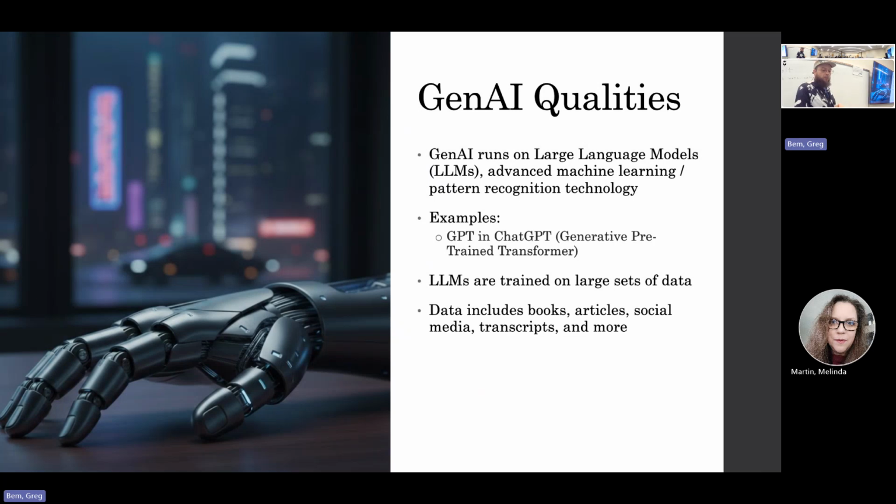As I mentioned, they're trained on large sets of data, and the data that's included can range from books and articles to social media posts to transcripts of movies and audio and more. Anything that has been recorded or documented, these tech companies, legally and illegally, are gathering up, putting in their systems, and training their systems on. Any questions on that?